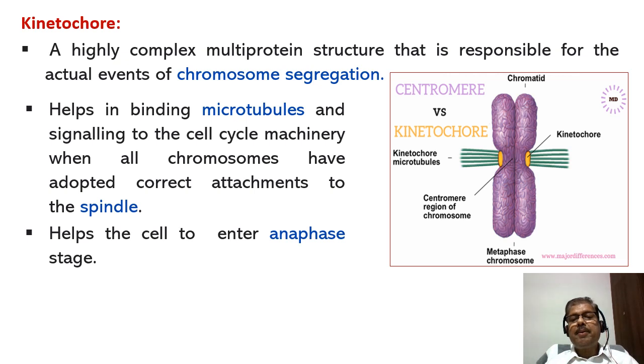So in this picture, this is a metaphase chromosome: two sister chromatids along with the centromere, then kinetochore with microtubules,